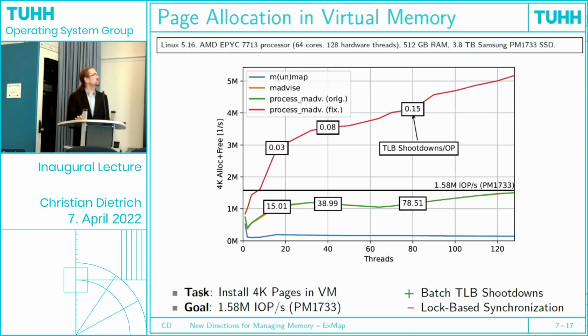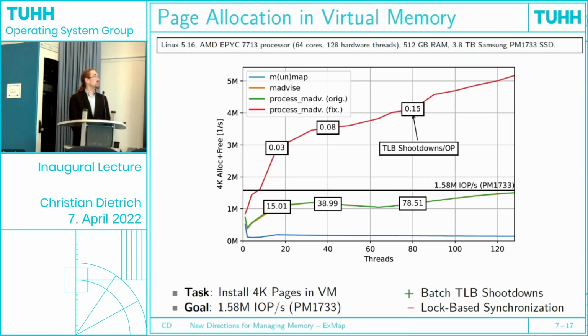This scales better, not really linearly, so perhaps there are a few more bottlenecks that we can fix. However, we surpassed this 1.5 million operations per second really fast. So this is good enough to provide memory in the virtual memory space fast enough to have this random access in a file mapping scenario.